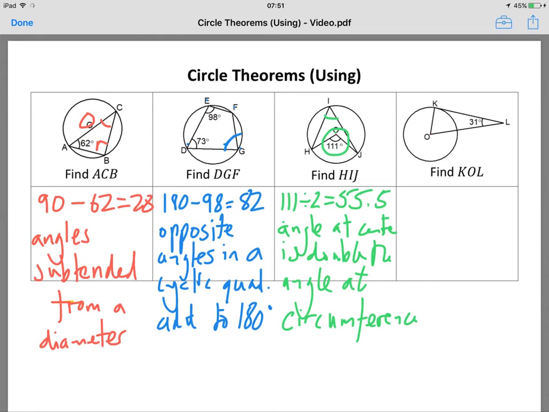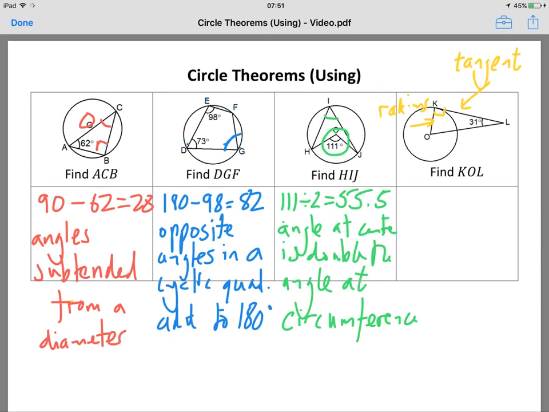And then finally, what we've got there is this sort of thing. You don't see this very often. So that is a right angle because KL is a tangent, so this is a tangent. It would probably say that in the question. I didn't have a lot of room, so I didn't write that. So KL is a tangent, and you've got a radius here. This is a radius,